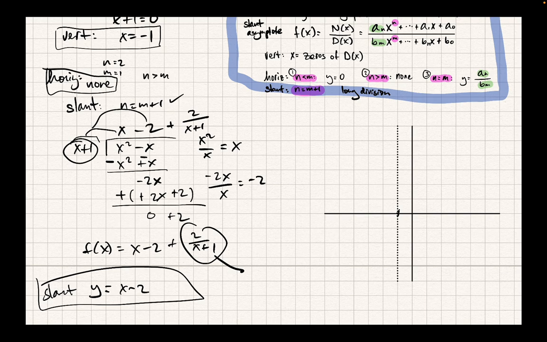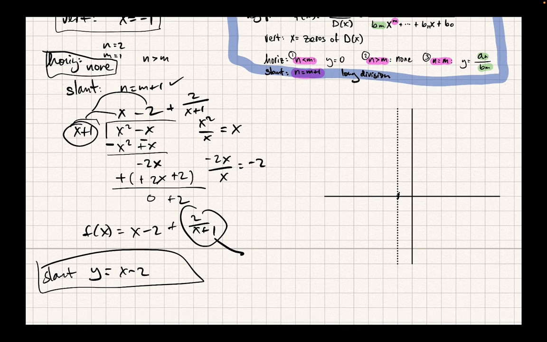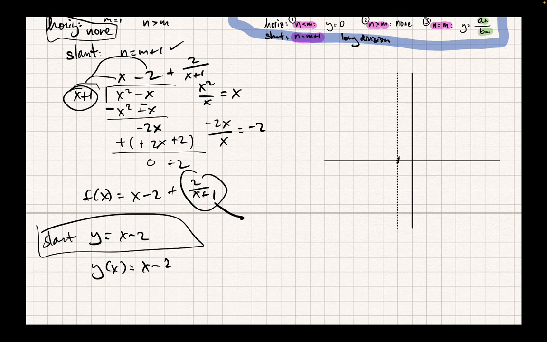is x minus 2. So it's just a diagonal line starting at 0, minus 2. Or, yeah, 0 plus 2. What's the point? What point does it go through? 0, -2. Yeah. So if y is a function of x,